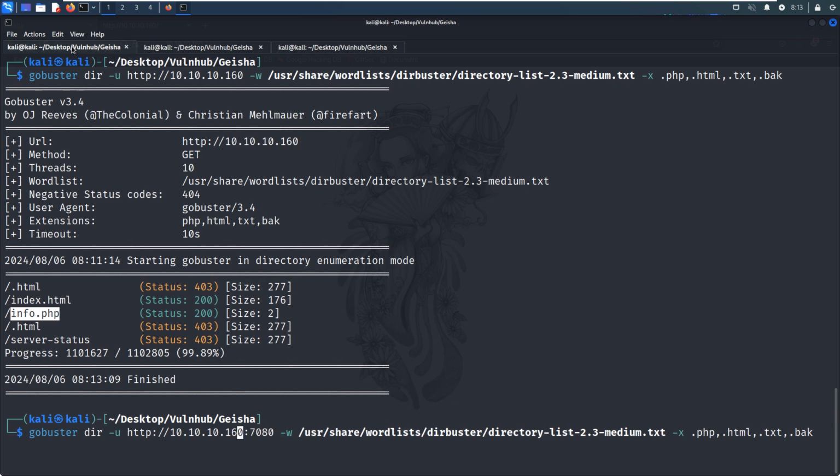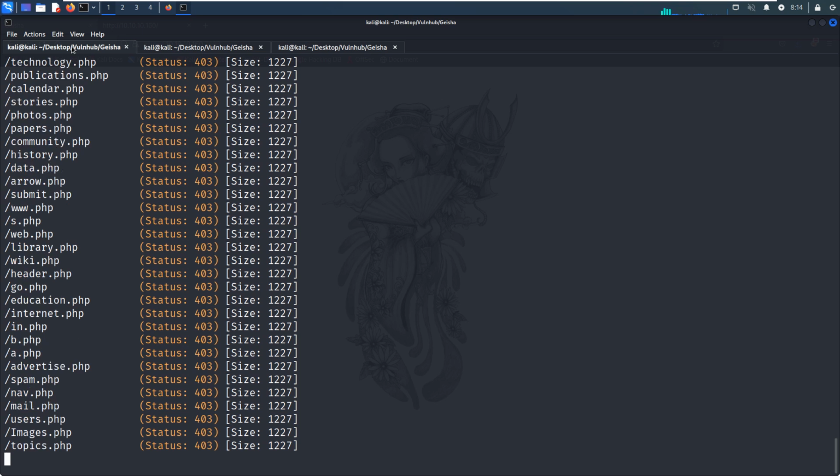Make sure we use HTTPS as the protocol. To run GoBuster for the HTTPS application, we need to put the -k option, which means no TLS certificate verification. Okay, so now we can press enter.